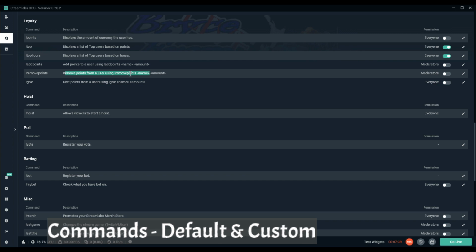Remove points. So if one of your users is being an absolute pain, instead of timing them out or giving them the boot, you can type exclamation remove points and their name. If you know they roughly have a figure of, I don't know, 300 coins, you can type 400 in there, and they've got minus 100 now, and they won't be able to play any games until they get it back into positive and start earning some money